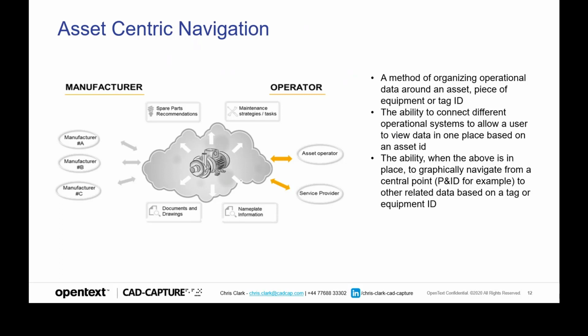We have a customer based in Europe, a large chemical company, that has fully embraced the concepts of this connected and intelligent environment. They use a combination of SAP Asset Central and OpenText Documentum to provide a full asset foundation supporting global operations. This includes incorporating supplier and manufacturing data, so the engineer has a single 360-degree view of all information relating to a single piece of equipment. So this is one of the objectives we're trying to meet when we talk about moving to a connected and intelligent operations environment.